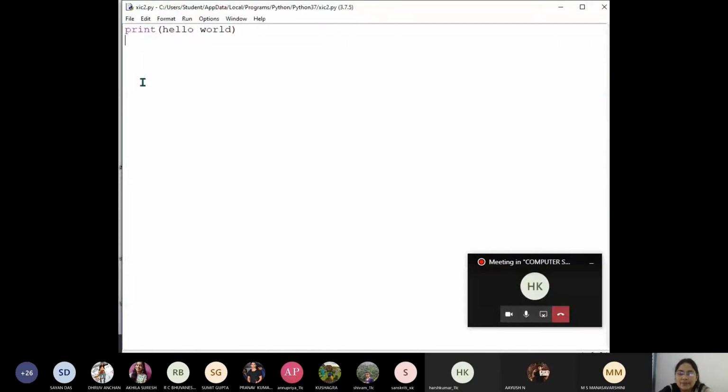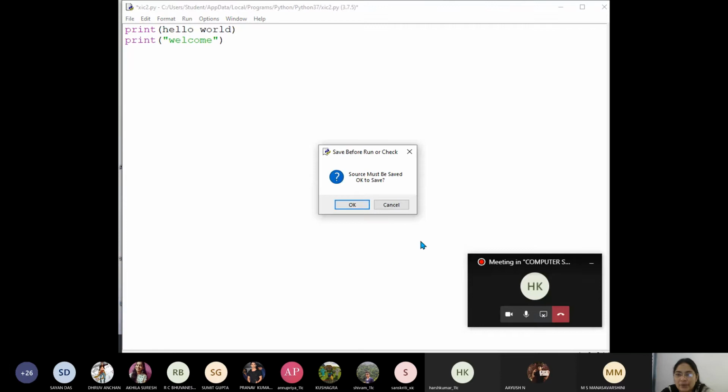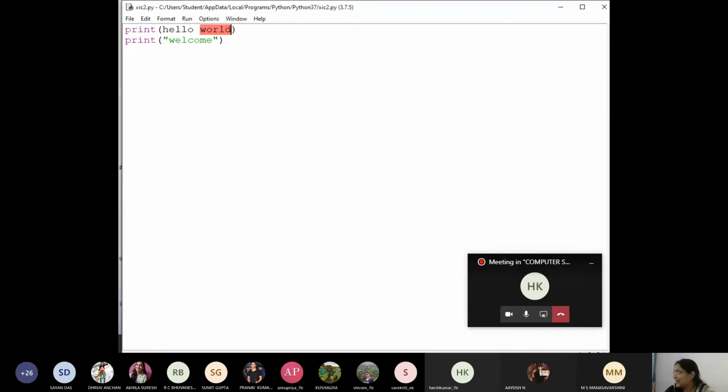Okay, beta. Now I have saved. After saving, you can see the file name. Whenever you do some more modifications, I again have to save. Otherwise, what will happen? Now I'll click on Run. Are you all watching? Yes, Run Module. Okay, children, running does not mean a 500 meter or Olympic race. It is execution of the program. So we are executing the program you have written. So what will happen?